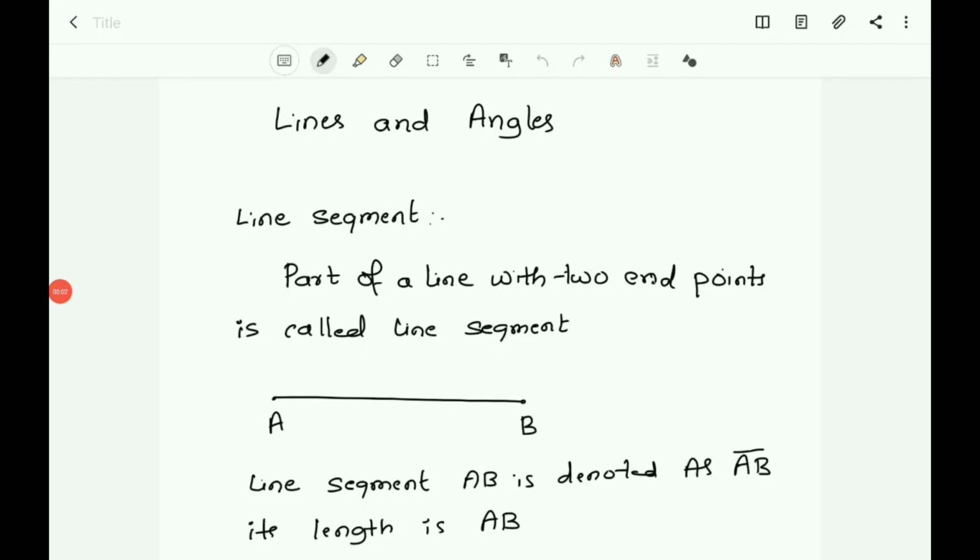Children, now let us start the chapter Lines and Angles. In the previous chapter, you have studied that a minimum of 2 points are required to draw a line. You have also studied some axioms, and with the help of these axioms, you proved some other statements also. In this chapter, we will study the properties of the angles formed when two lines intersect each other, and also the properties of the angles formed when a line intersects two or more parallel lines at distinct points.